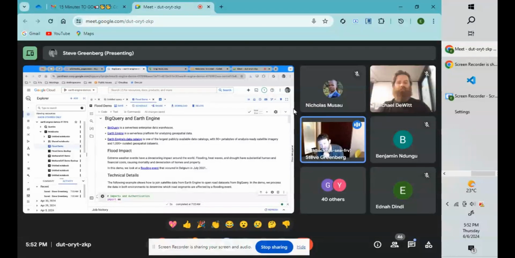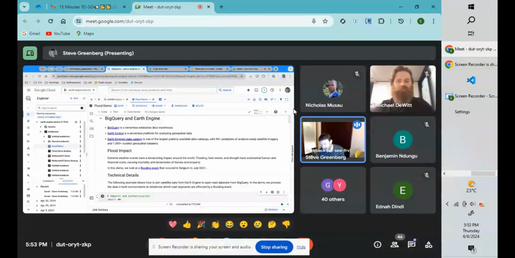And so you can go in here, and in this demo, what we're going to do is show you how to bring data from Earth Engine that you can only get in Earth Engine, query it, derive an insight, and then combine that, join it together with BigQuery data. The specific scenario that Michael put together, with help from our customer engineer, Genna, who some of you may know,